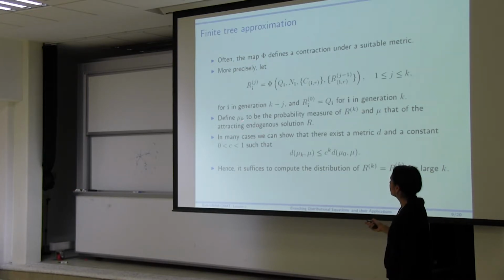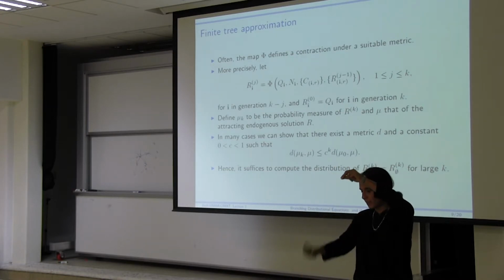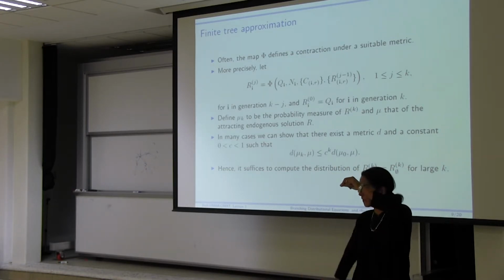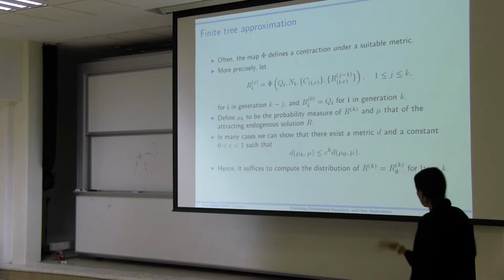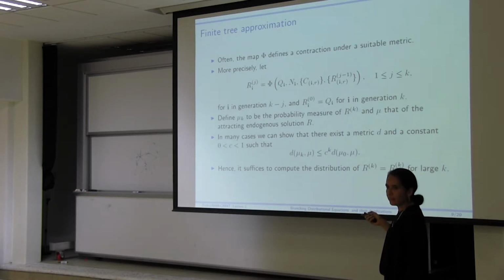Yesterday I also mentioned that we could use a measure notation, and this mu k is the probability measure of looking at the PageRank computed, let's say, up to a tree of depth k. As I said, if k is big enough, everything works out. And mu is the actual fixed point. So yesterday I wrote that mu k is equal to T of mu k minus 1. And of course, we're looking as k goes to infinity to the fixed point, which is this mu over here.